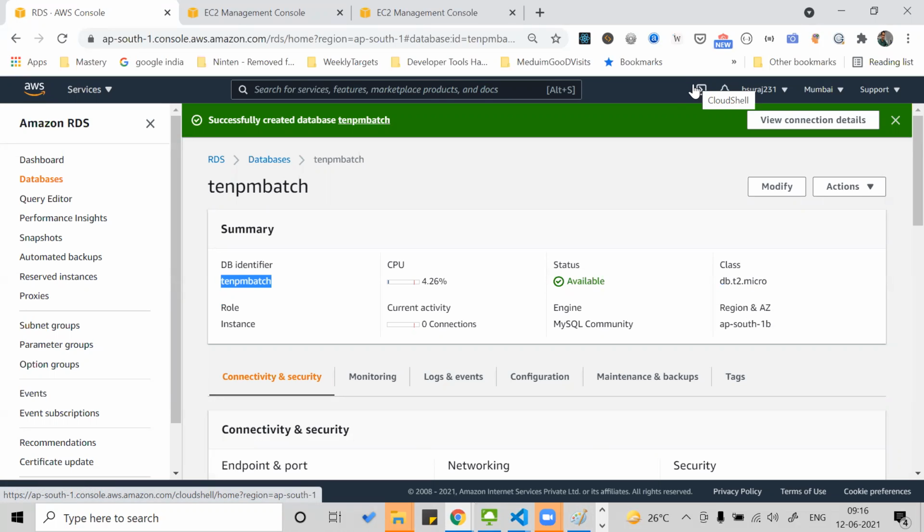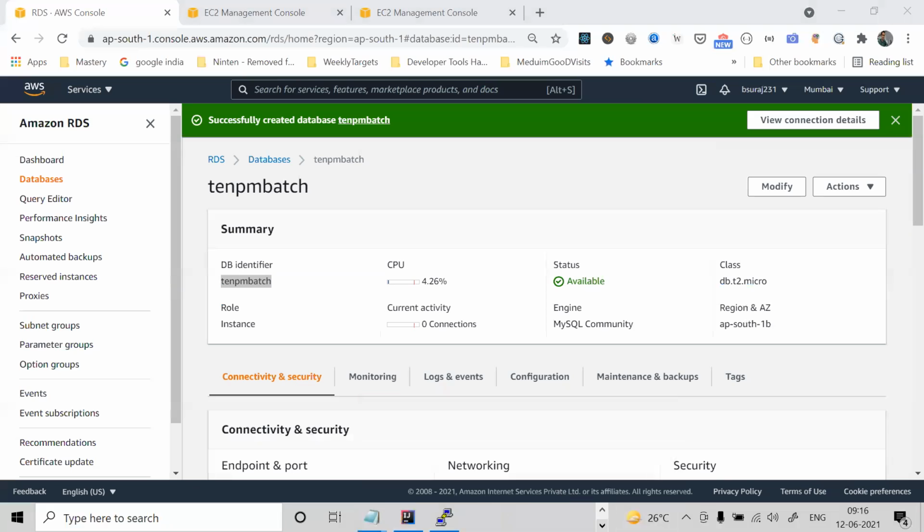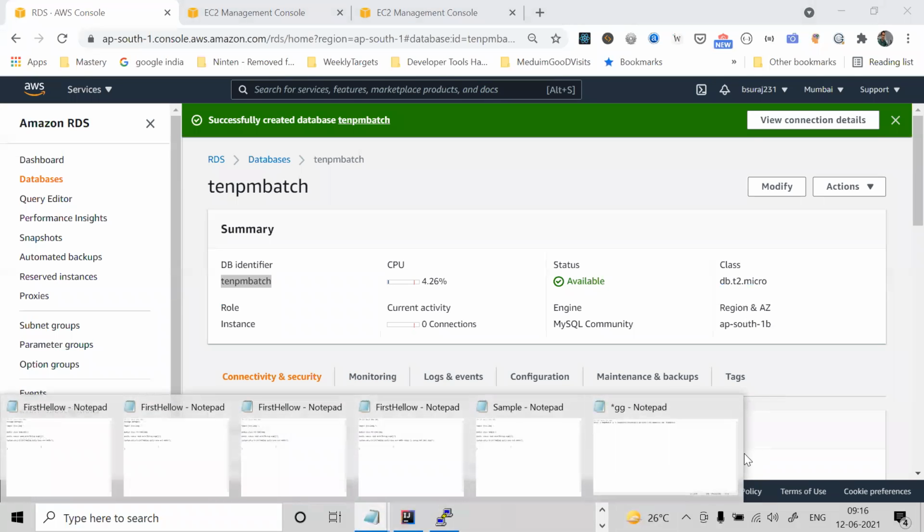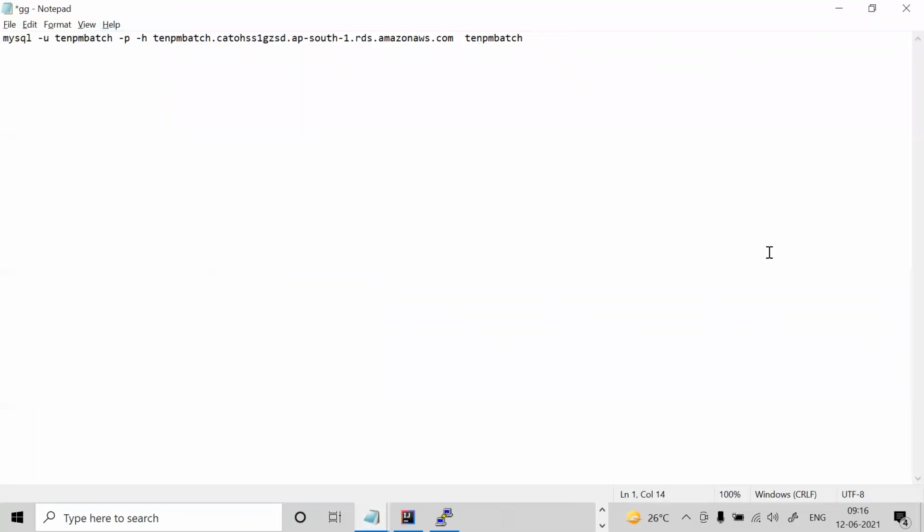Must have used bash, right? But in this, we need to know the admin name of the database, sir.